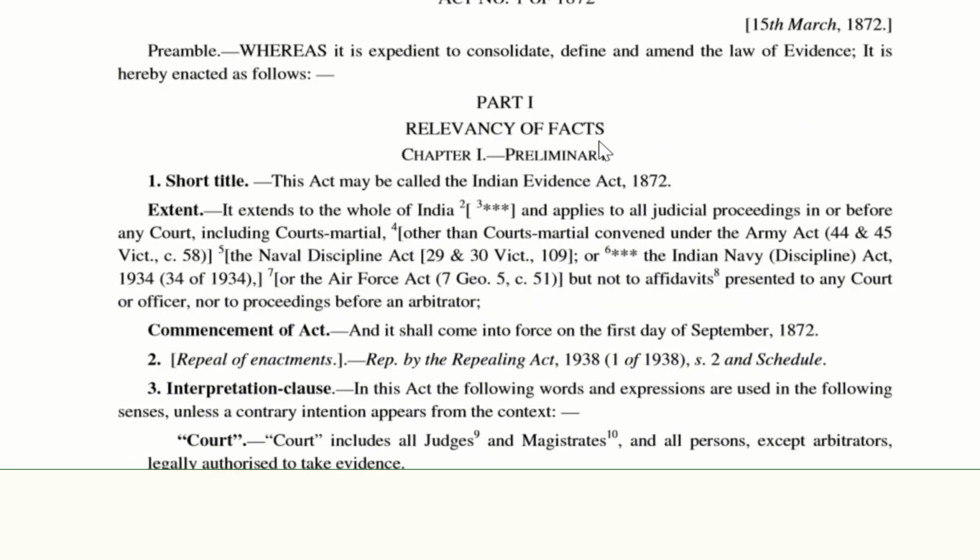Part 1 is about relevancy of facts, and in that, chapter 1 is preliminary. This act will be called as Indian Evidence Act 1872. We all know of this fact. So the next thing is the extent to which it will apply. They say it extends to whole of India. Prior to the amendment, Jammu and Kashmir was not there. Now Jammu and Kashmir, since it has been split into two union territories, that has also been included under the